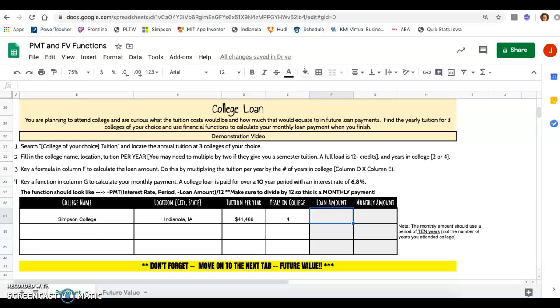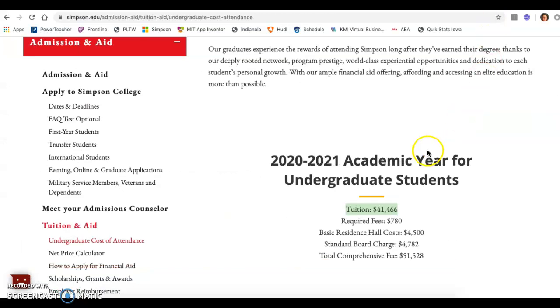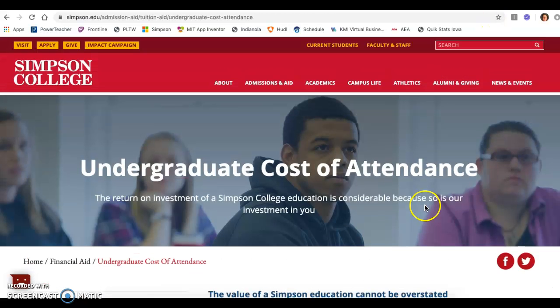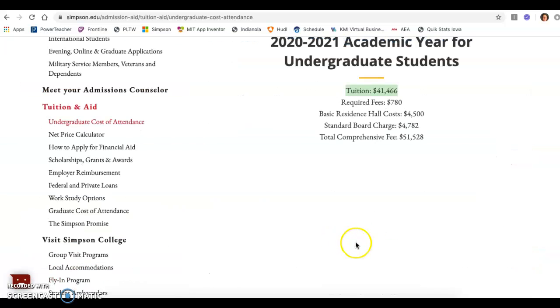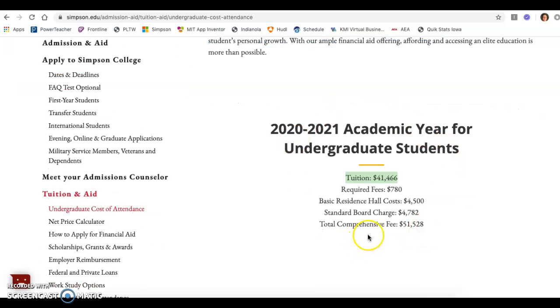So I have found a college, Simpson College, of course. Filled that information in, Indianola, Iowa. Then I went to the Simpson College website, searched around, pretty simple to find. Obviously, admissions usually is a good place to go, and then they have a tuition. Or just Google your school and you might find it pretty quickly that way. So the tuition,